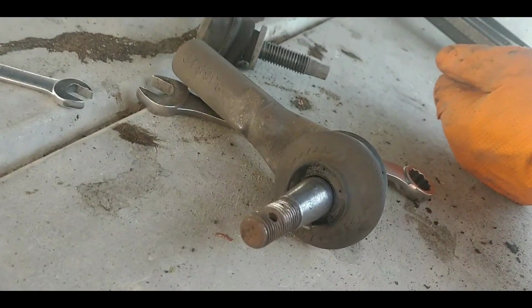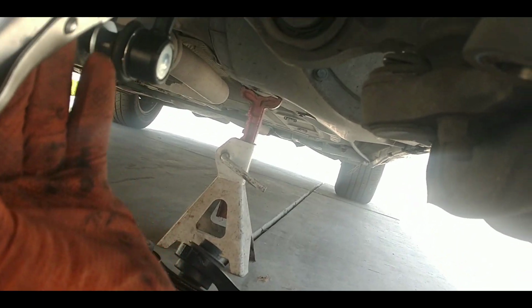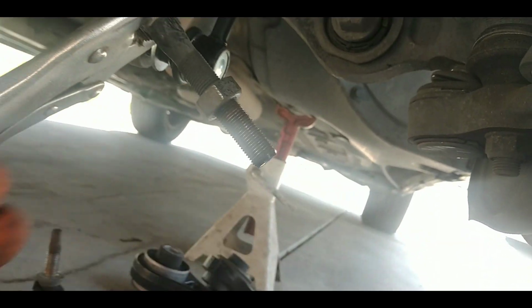Okay, this thing came off really hard. I actually had to stick it back up in the hole here and put a nut on it so I can just really crank on it to get it loose. Once I got it broke loose, it came off fairly easy. But now you're going to see why I left this jam nut on there. When I put the new tie rod end on,